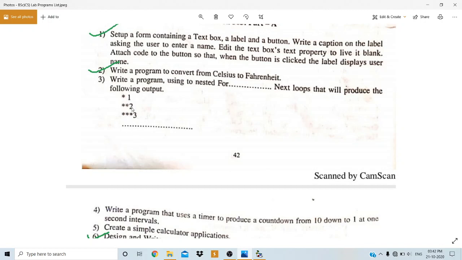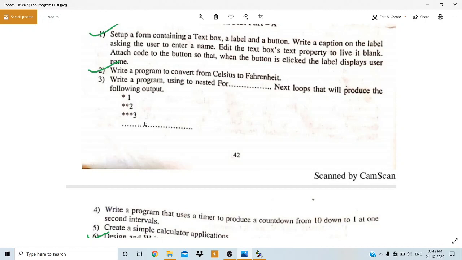For example, if I provide the input as 2, then only the first and second horizontal lines have to be printed. First line: 1 star with number 1, then second line: 2 stars with number 2. If I provide the input as 3, then the same pattern: first line 1 star with number 1, second line 2 stars with number 2, then third line 3 stars with number 3. If I provide the input as 4, then this extends with the next line, with 4 stars and number 4.